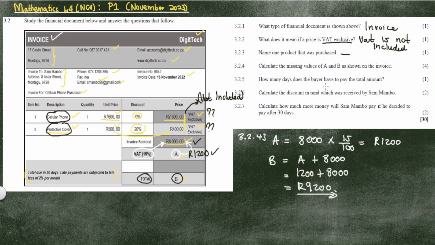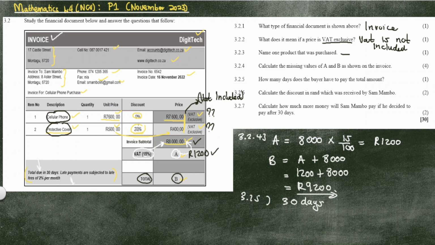How many days does the buyer have to pay the total amount? How much? Oh no, how many days? It's this little clause here. Total due in 30 days. Late payments are subject to late fees of 2% per month. So 3.2.5 is 30 days. That's 3.2.5. And then 3.2.6, calculate the discount in rand which was received by